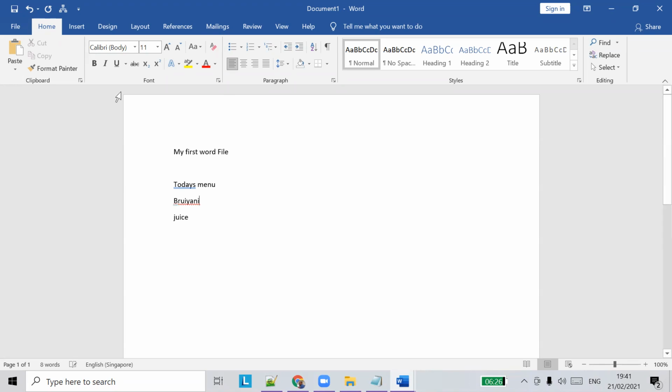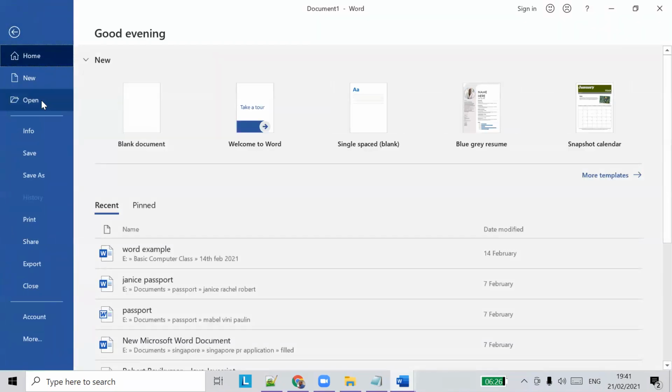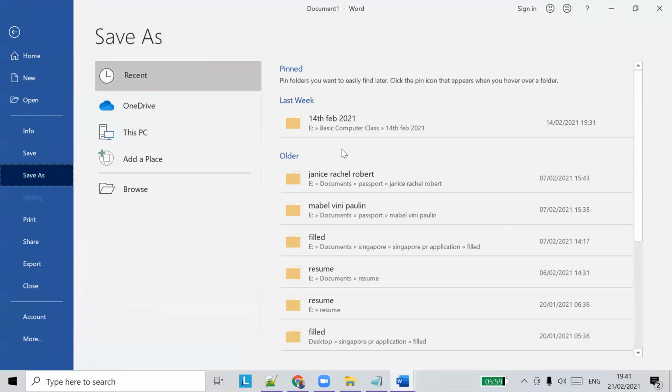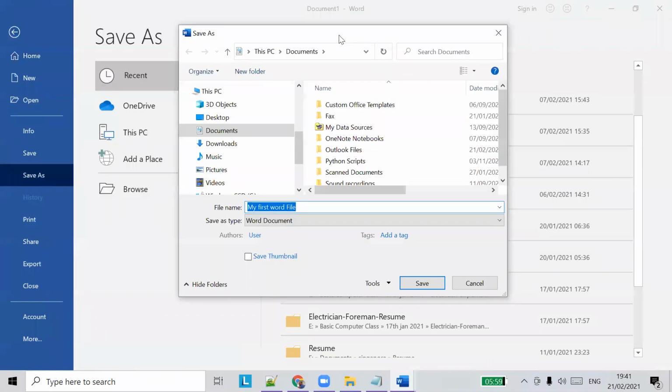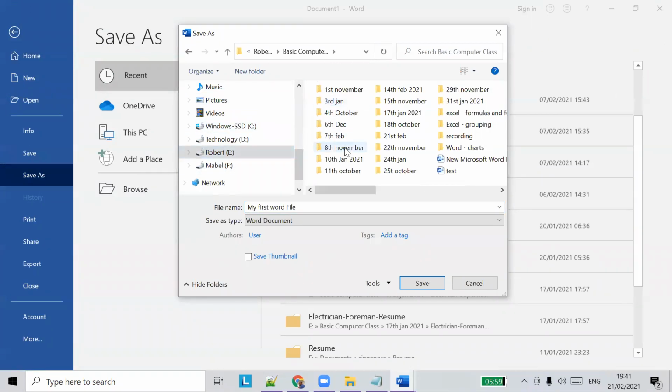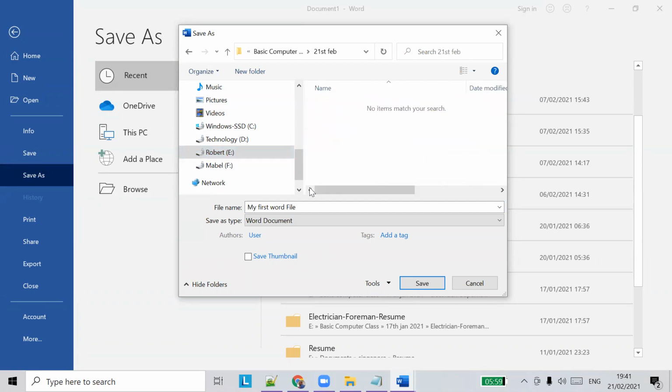If I go to File, go to Save, and go to the appropriate location, choose Browse. The File Explorer window opens. Go to Basic Computer Class, go to today's date, 21st February, and give any file name. Just say first Word file.